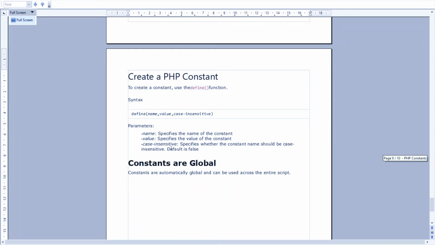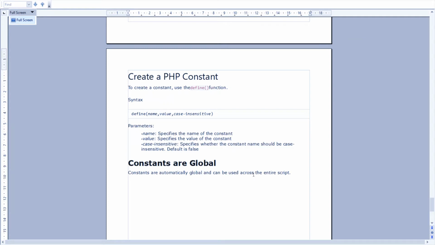It specifies whether the constant name should be case insensitive or not. The default value is false, which means that by default constants are case sensitive. Constants are automatically global and can be used across the entire script.